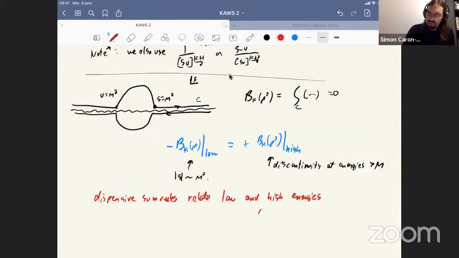So this is the same physical insight as the Kramers-Kronig relation, for example, or any other dispersion relations. If you have something that happens at high energy, for example, some resonance, you can produce particles. If something happens at high energies, it has to imprint at other energies. That's required by causality. That's what these sort of relations tell us. That's why they exist.